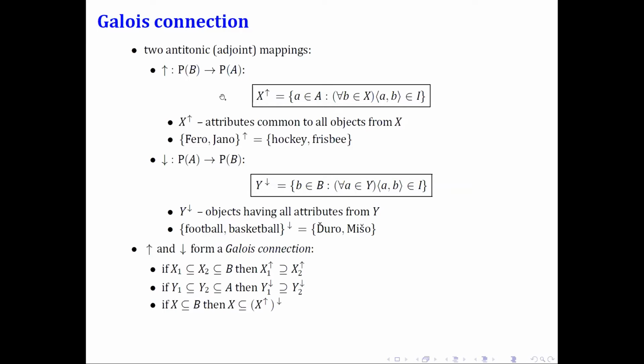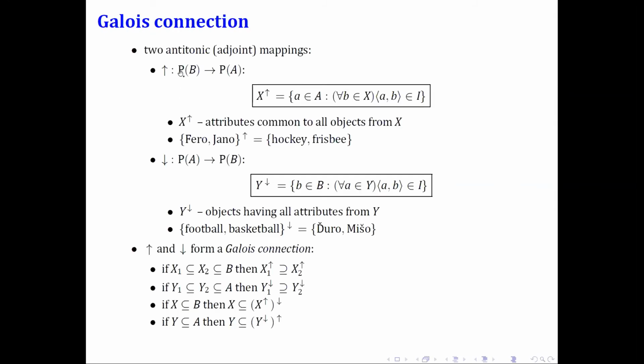Yes, it means that if we apply these two mappings, then our result will be the same or greater than the original. And symmetrically it holds for attributes. Okay, so what are concepts? We can see that if the first arrow is from PB to PA, and the second is from PA to PB, we can compose them. The composition of the up arrow and down arrow is from PB to PB. This means that this is the first application, this is the second application,